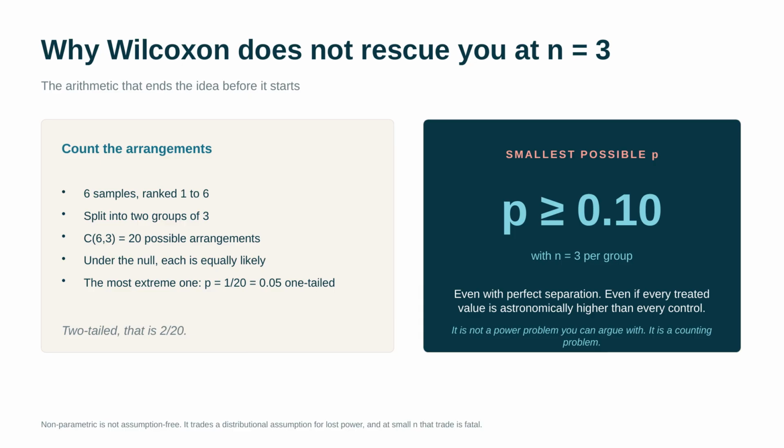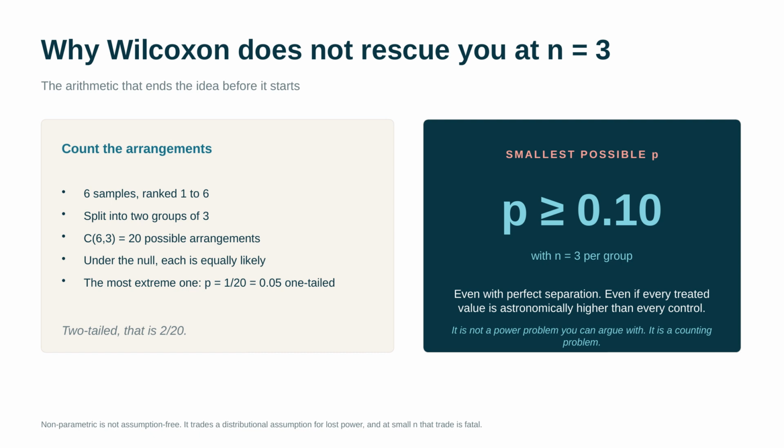not 0.05, not 0.01, 0.10. Even if the separation is perfect, even if every treated value is astronomically higher than every control value, the test literally cannot reach significance because it has thrown away the magnitudes and kept only the ranks, and with 6 observations there is not enough information left in the ranks. Non-parametric is not assumption-free. It trades a distributional assumption for a loss of power, and at small n that trade